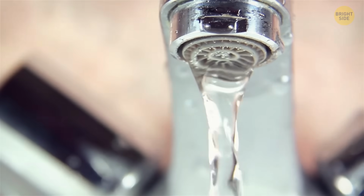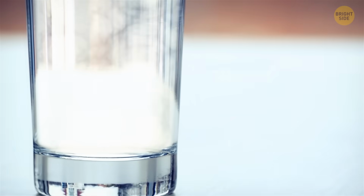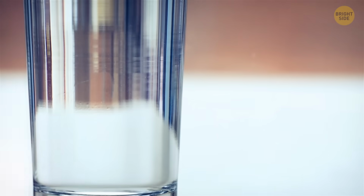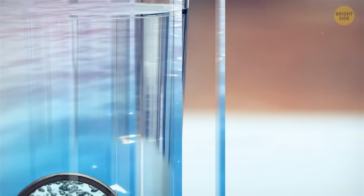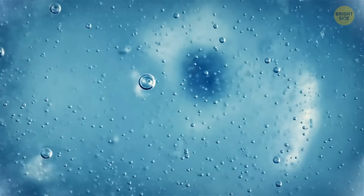Why does your tap water sometimes try to perform magic tricks? You know, like when it turns cloudy and then poof! Clear as day? It's a little game of hide and seek it plays with teeny tiny air bubbles. Don't worry, they'll rise to the top and fade away without causing any damage, even if you drink the water